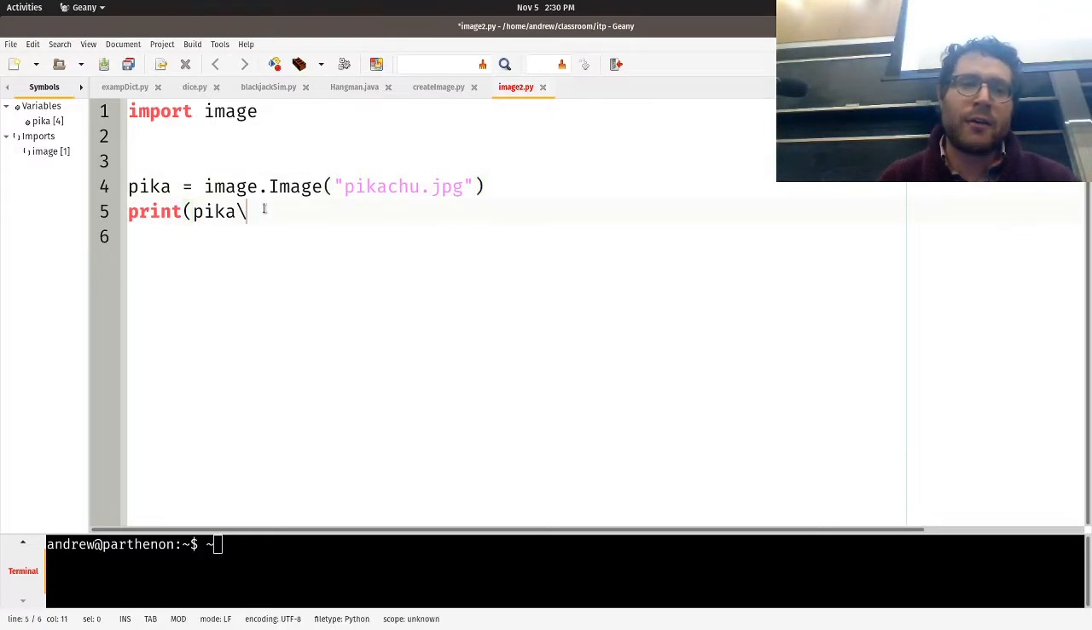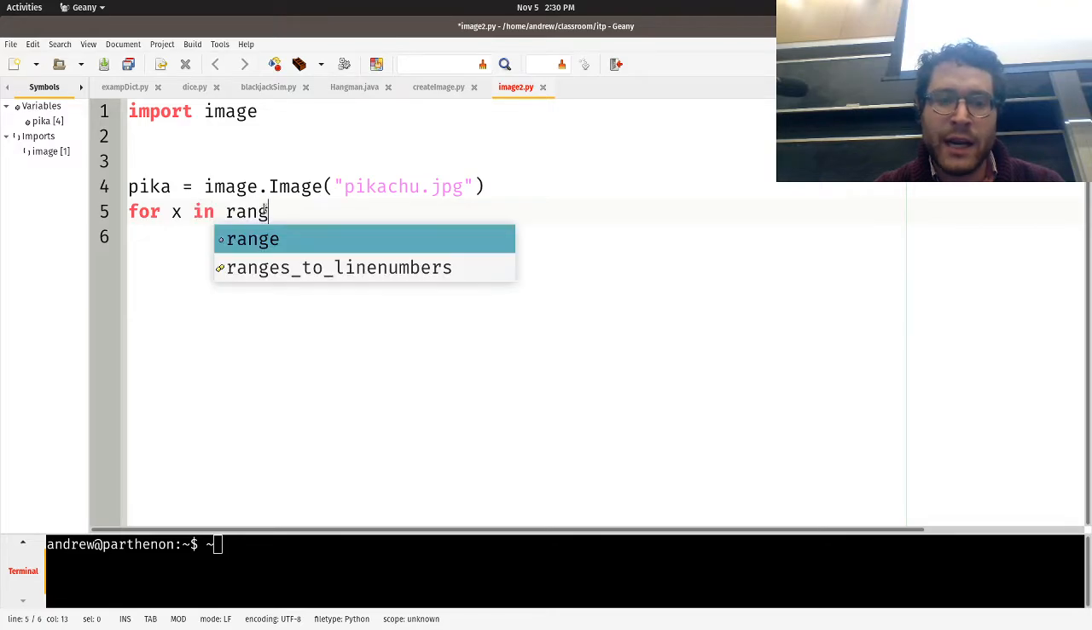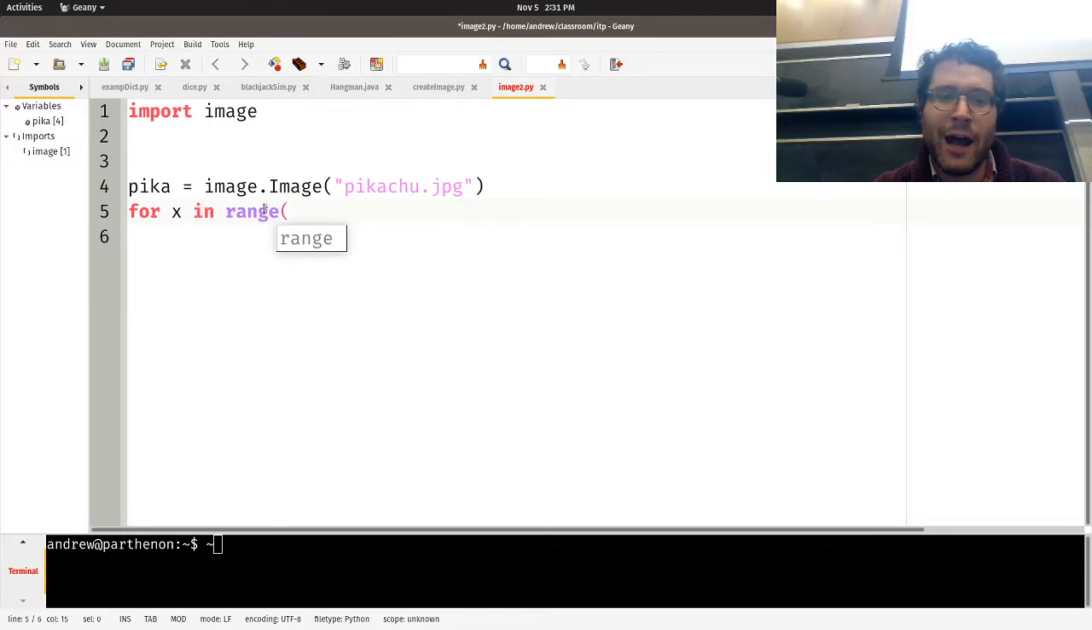Now we can work by looking at Pikachu and getting data like this. We could iterate through all the pixel values fairly easily. For x in range, so all the x values, however big the Pika is, Pika.get width. That will give me all the x values. And then for each column of x's, we have a bunch of y's to go through. For y in range,